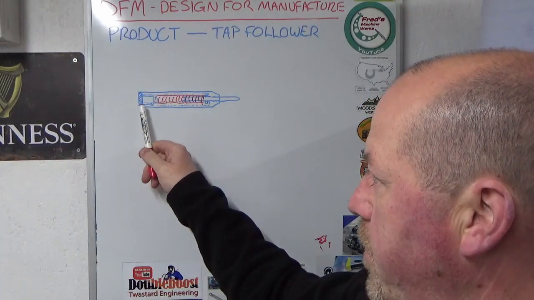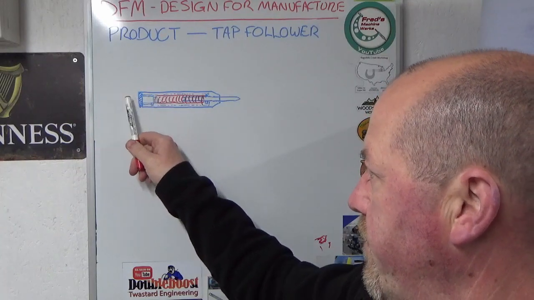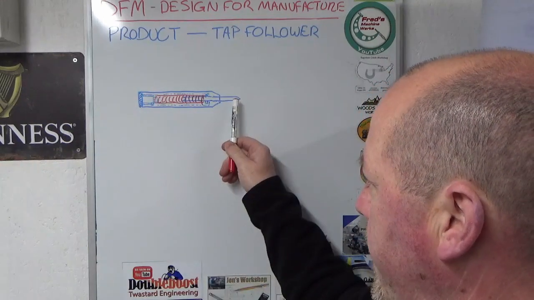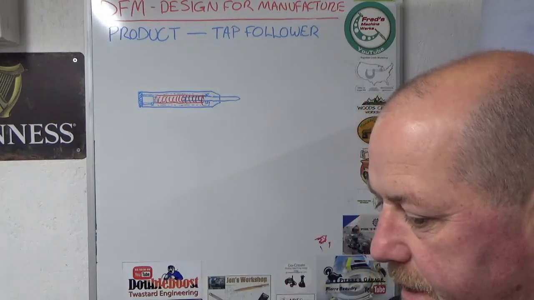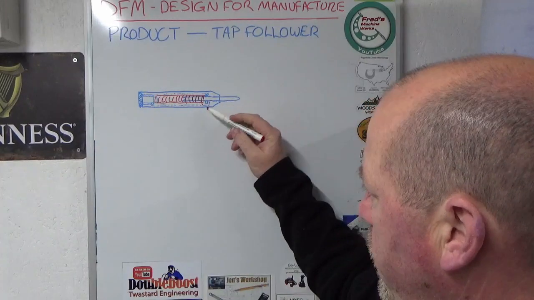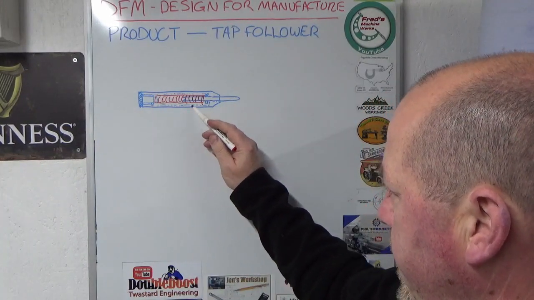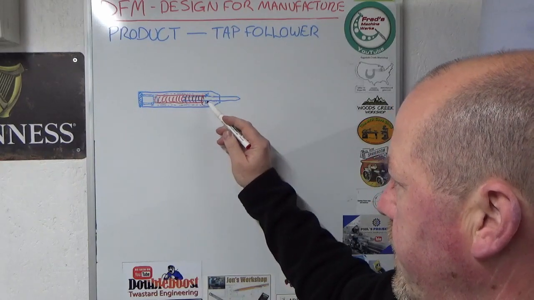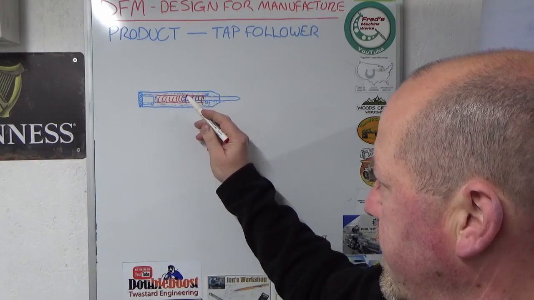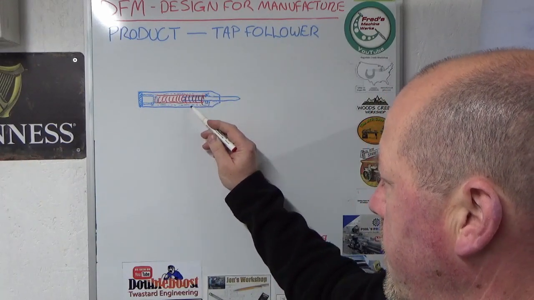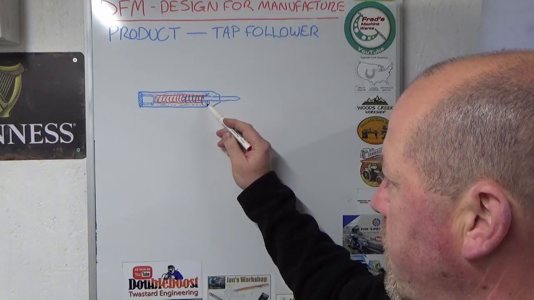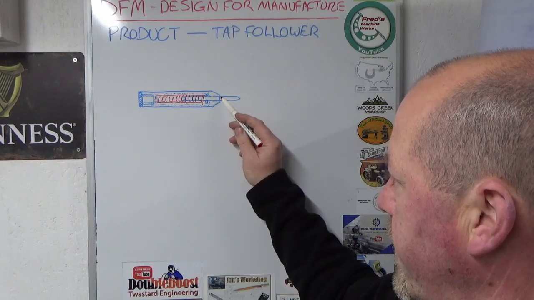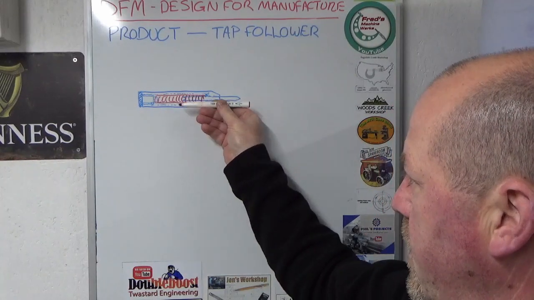I've got a threaded plug in this end that I can remove, which means I can remove the spring, which means I can remove the pin. It's probably quite hard to see on the camera, but what I've drawn here is a counter bore all the way down here deep, and I've drawn on the pin. The pin's double-ended and it's got a diameter portion in there that seats into this counter bore diameter. The reason for that is then you've got two bearing locations, for want of a better word, one on the OD of this and one on the OD of this going through the front, which means it's quite stable